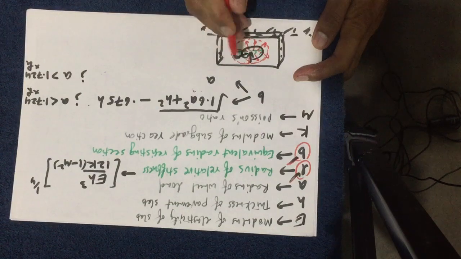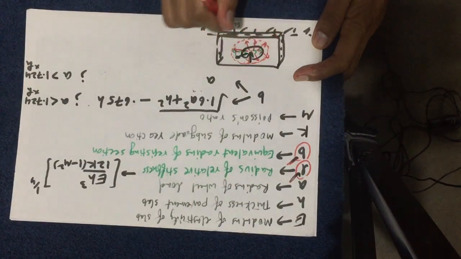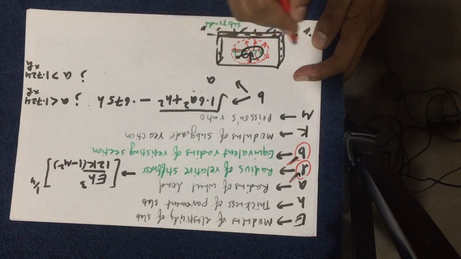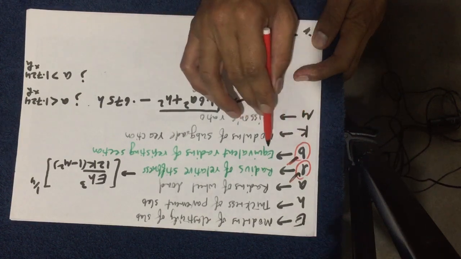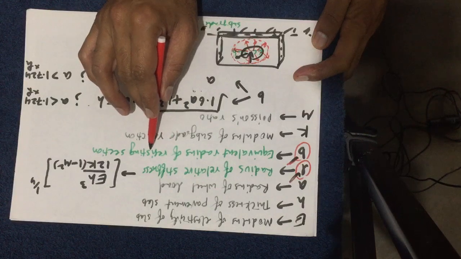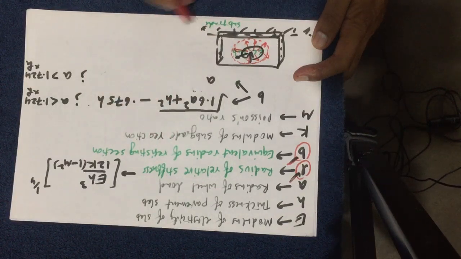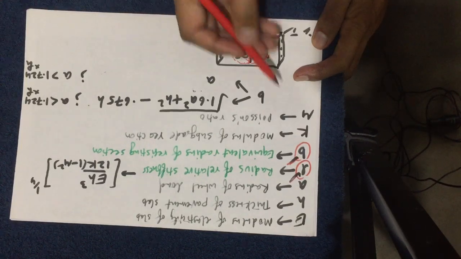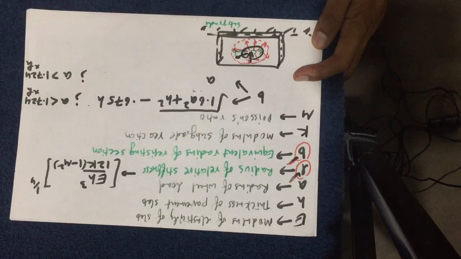When you apply the load, a certain bending moment will be caused in the concrete slab. So the radius of that area which is effective in resisting the bending moment is referred to as the equivalent radius of resisting section, and the radius of that area on the soil subgrade which is effective in resisting the slab deflection is referred to as the radius of relative stiffness. So I think these terms are clear.